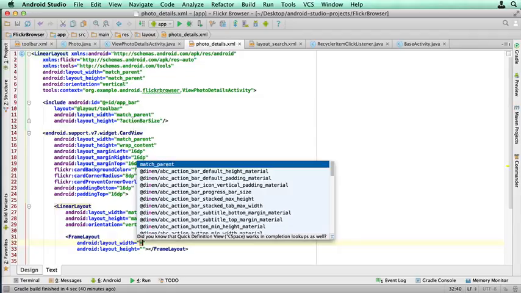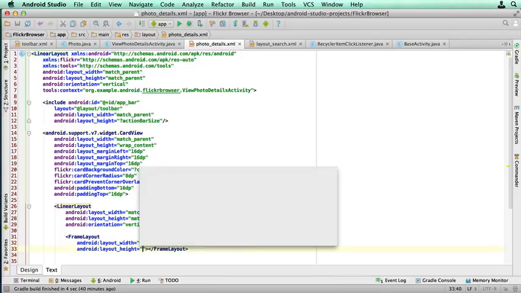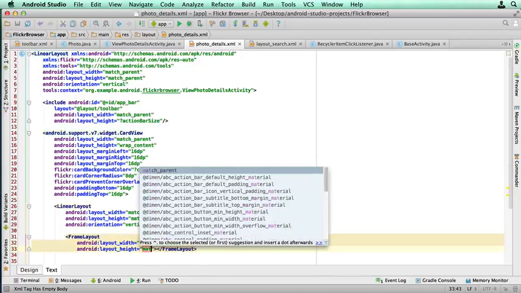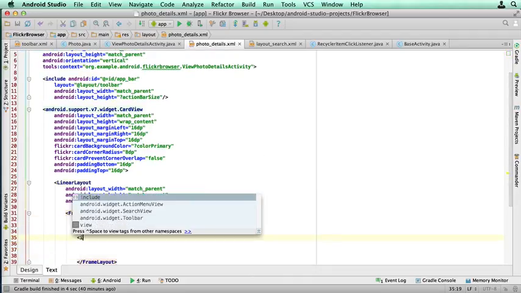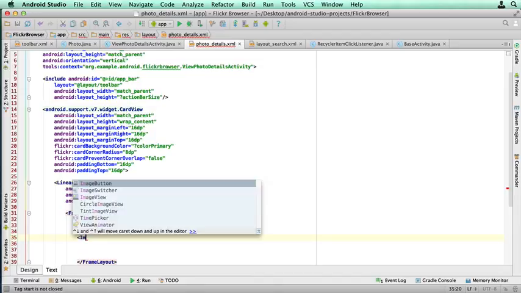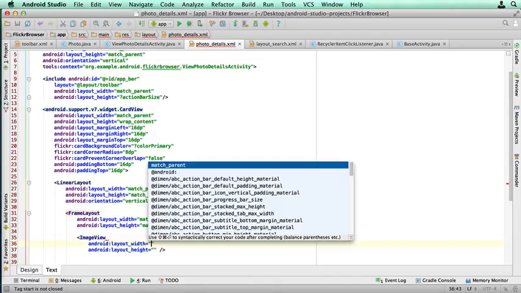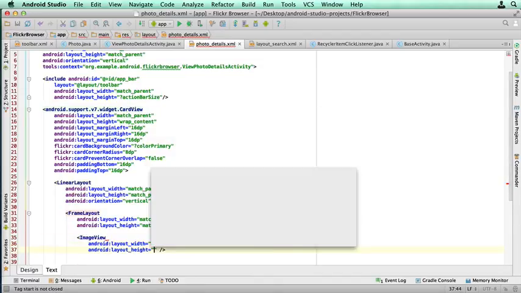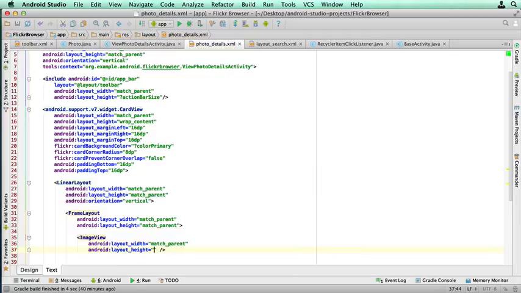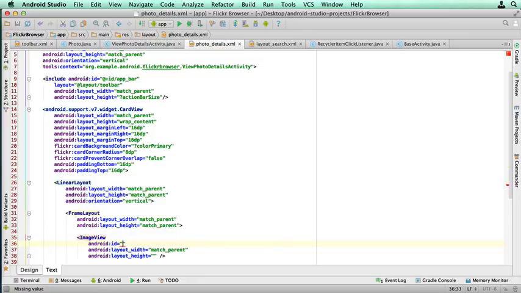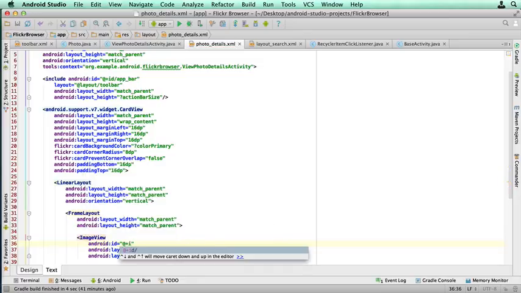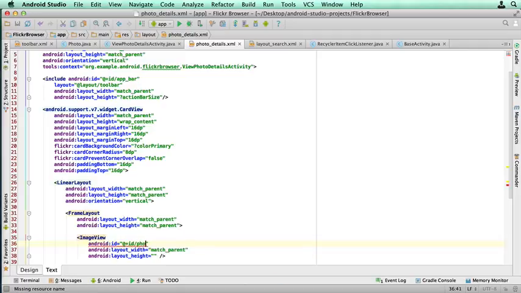So we're going to do a match parent to both. Again, whatever the parent's got, we're going to do the same. Now in the frame layout, we're going to add our image. You're going to do an image view, as per normal. And we're going to add an ID first. ID equals. We're going to call this one photo underscore image, so we can find it easily later when we're populating it